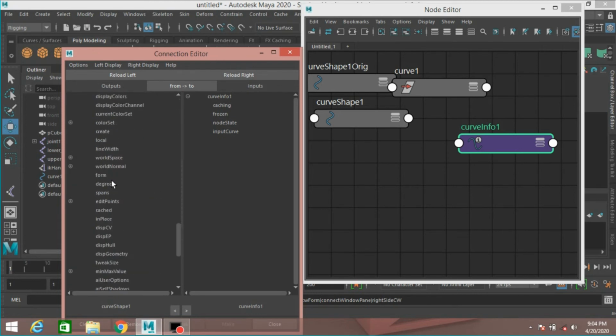Now from curve shape 1, select world space and curve info, select input curve.